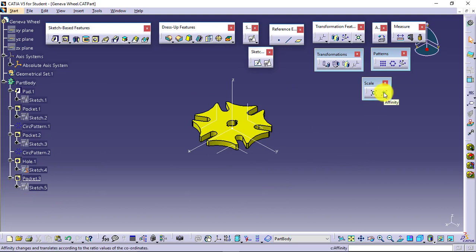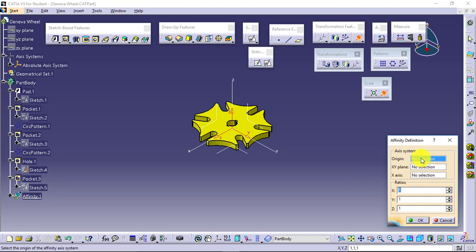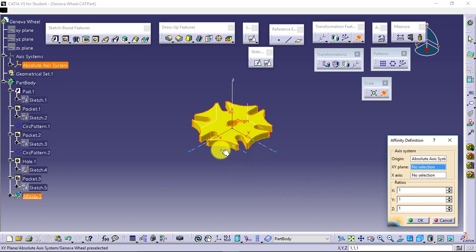Similar to scaling, we have one more feature, affinity. What affinity does, it also scales the object, but it gives you the feasibility to define a different scale factor in different directions. First it is asking me for the origin. Say this is the origin. I'll need to define the axes, the xy plane. So I'll select the xy plane and the x-axis. So this is the x-axis.